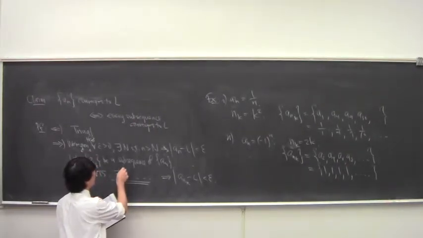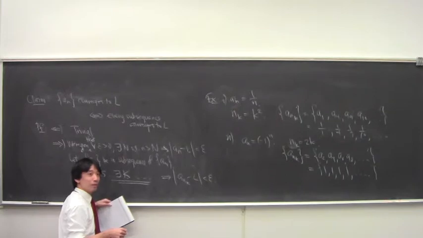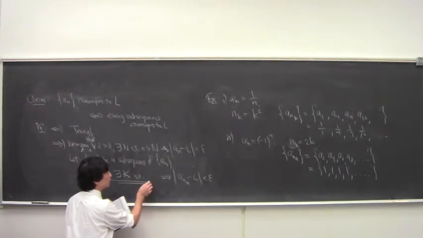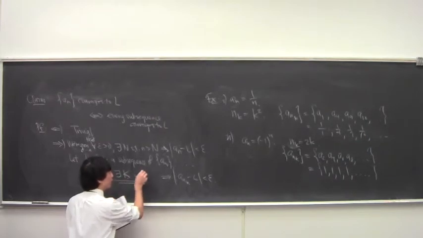Some n, let me use a different number. N1. I'll use a K. Such that for all n_k bigger than K, not exactly, such that if k is bigger than K,